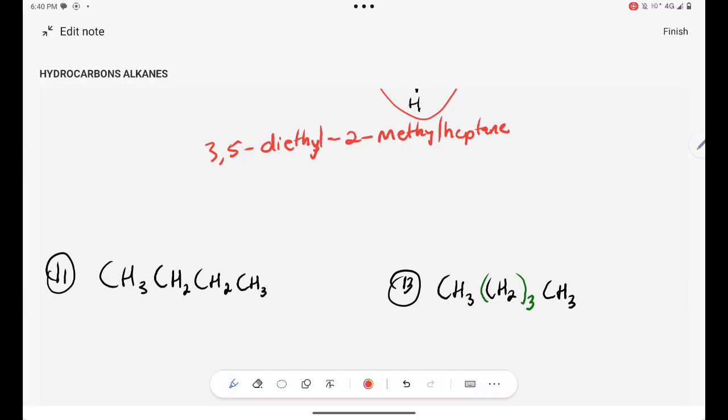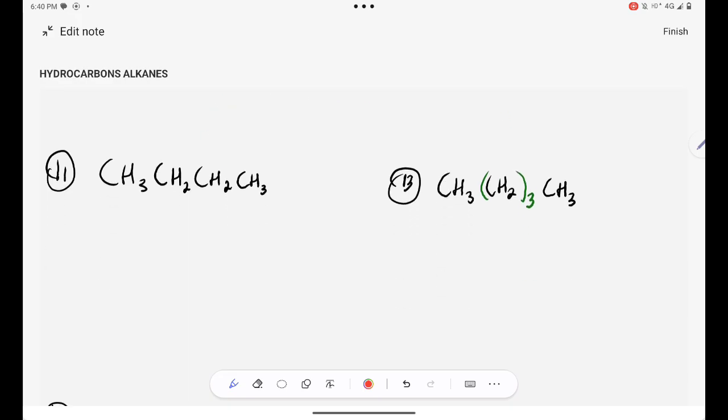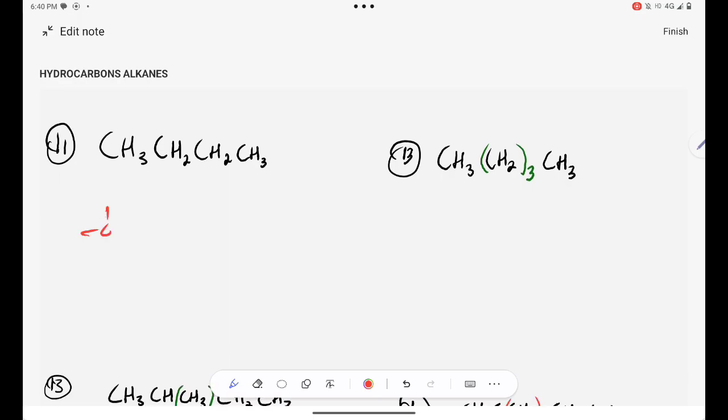Okay, I'm done, guys, with writing down the IUPAC names. Right now, I'm about to change the condensed formulas into structural formulas and then give out the IUPAC name. Okay, I have CH3, that's CH3, and then CH2, another CH2, and then CH3. All I have to do is to write down the hydrogens over there, and then give out the IUPAC name. It will be easy. I have 4 carbons, guys, and I don't have side chains, so the IUPAC name will